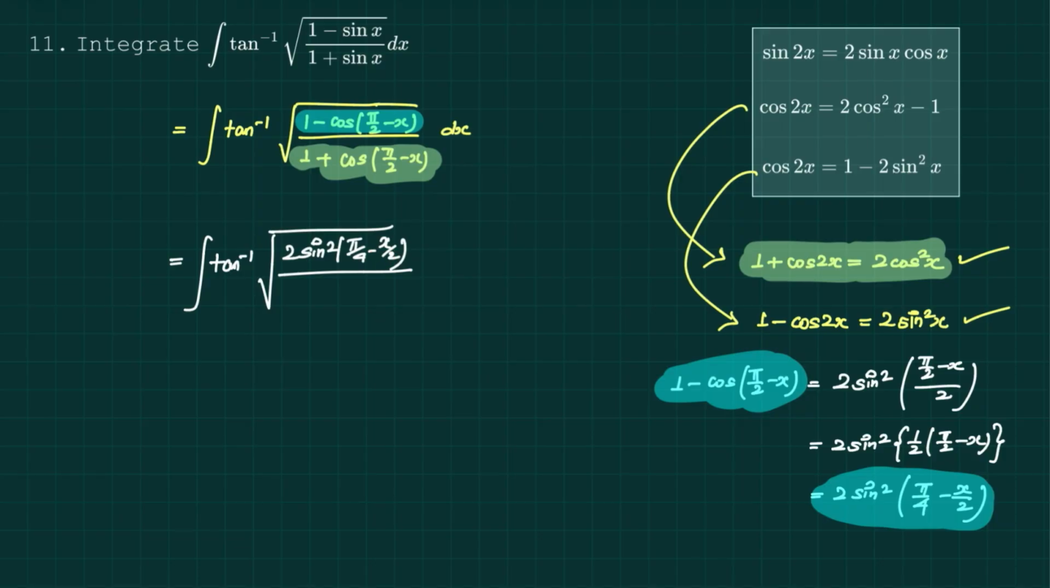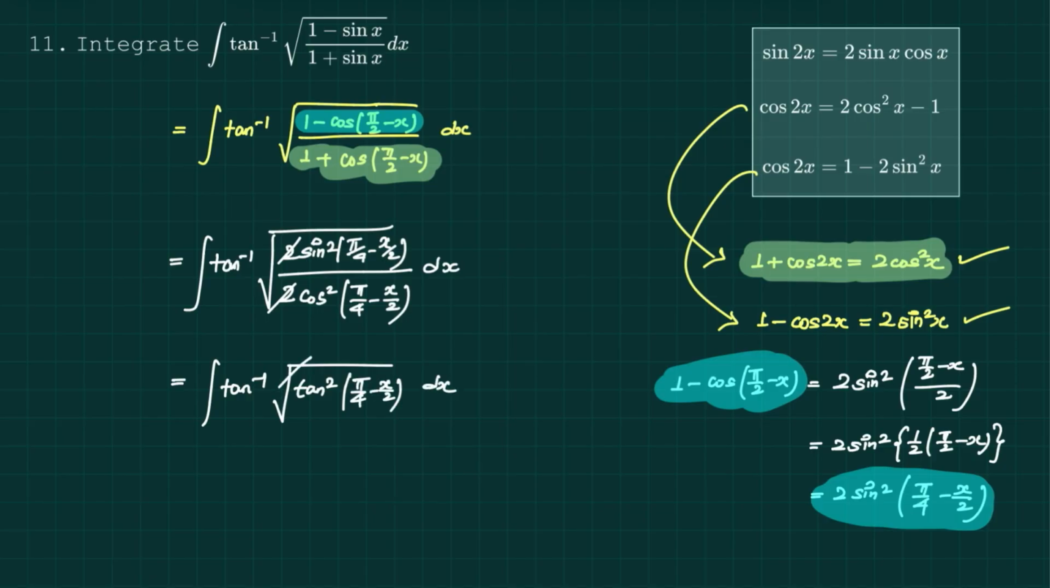So here in the denominator I can write this as 2 cos square of half of that angle, which is pi by 4 minus x by 2, dx. So here 2 and 2 got cancelled, and this equals the integration of tan inverse of square root of sine over cos, and since the angles are the same, I can write that as tan square pi by 4 minus x by 2 dx. And here the square root and the square got cancelled, so this equals the integration